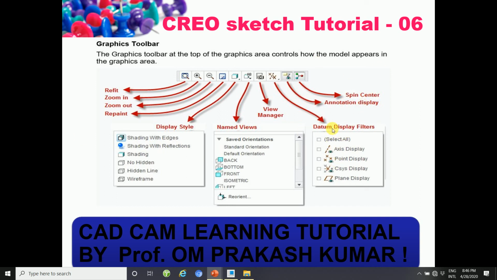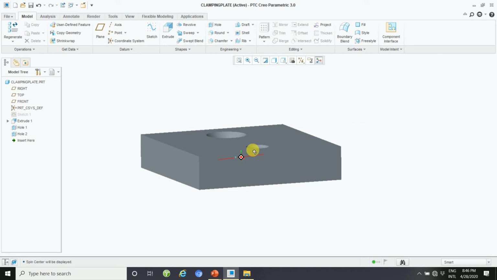And then the datum display filter: axis display, point display, CSYS display, plane display. This is the annotation display.